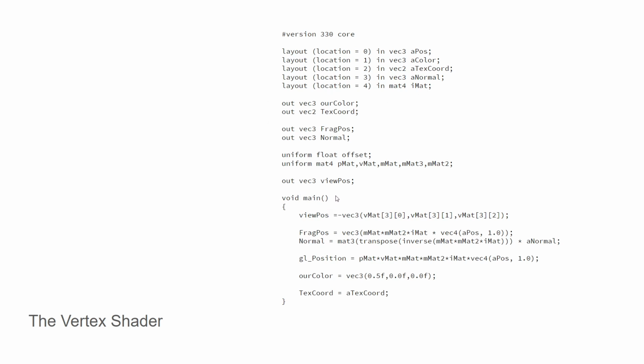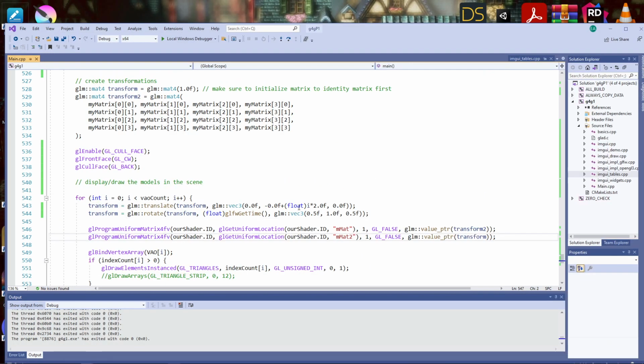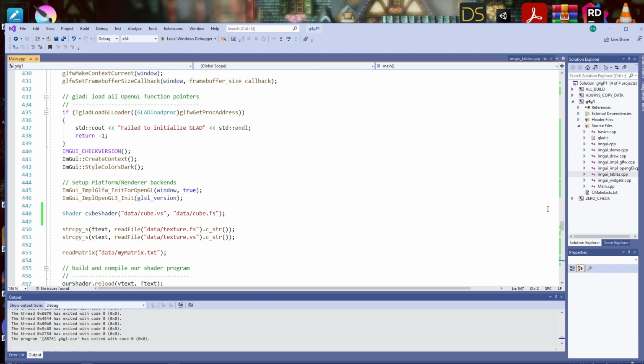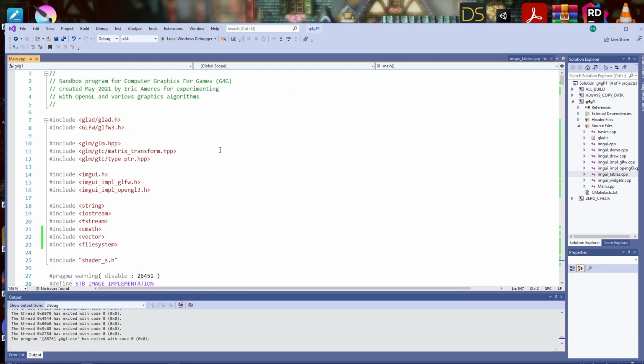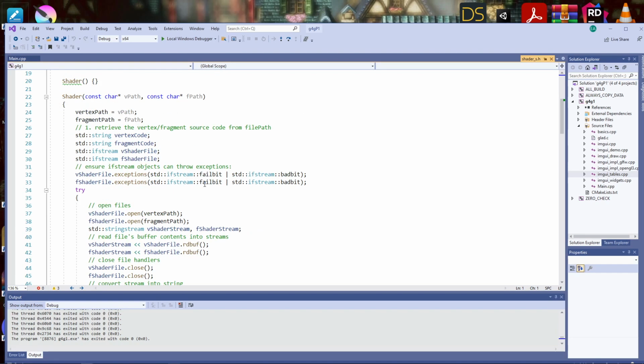The one bit of code that I did take directly and just use, or allow to be a little bit obfuscated here, you'll see shader s.h. We'll view the code that's in shader s.h. Learn OpenGL has this class that they set up, a shader class.